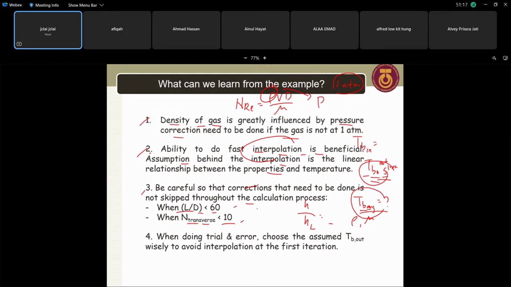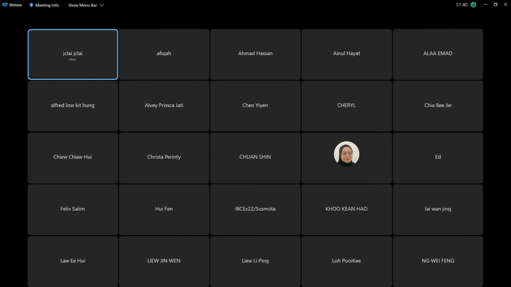So remember correction. Then next, when doing trial and error, choose the assumed T_B out wisely to avoid interpolation at the first iteration. This is what I mentioned just now. So these are all the important points I think you need to take note of when you solve problems. Okay, I think I'm done